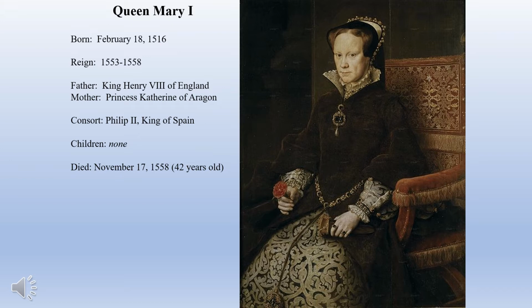She's going to try to go back to England being a Catholic church. And for almost 5 years, that's what happens. They begin this counter-reformation. They begin burning Protestants at the stake. Protestants are heavily attacked in the streets for practicing their faith, so much so that the nickname for Mary is Bloody Mary. She's going to kill so many people that they begin to refer to her as Bloody Mary.